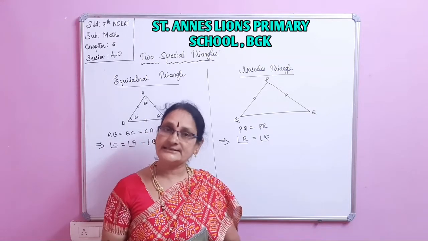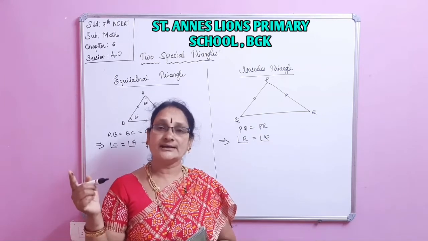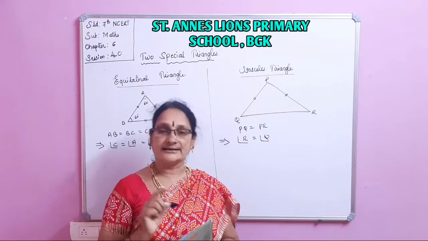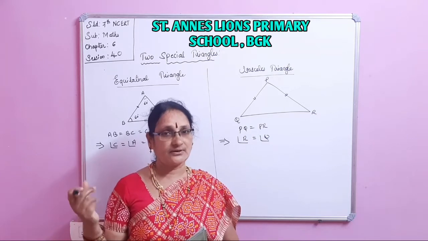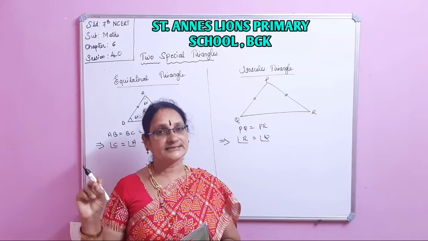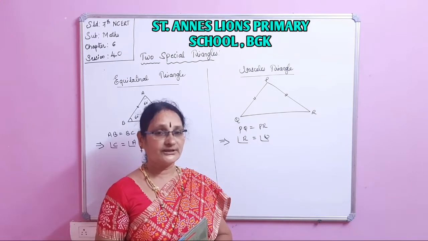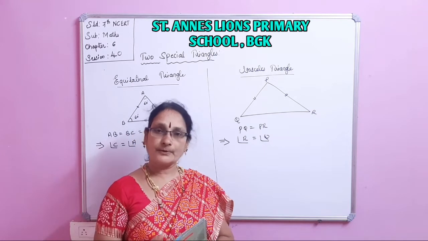If three sides are equal, then the triangle is said to be an equilateral triangle. An equilateral triangle is also an equiangular triangle. And there the special property is, if three sides are equal, their opposite angles are equal. That means each angle is 60, 60, 60 degrees. So this is the speciality about the triangles. Here two triangles have their special properties.